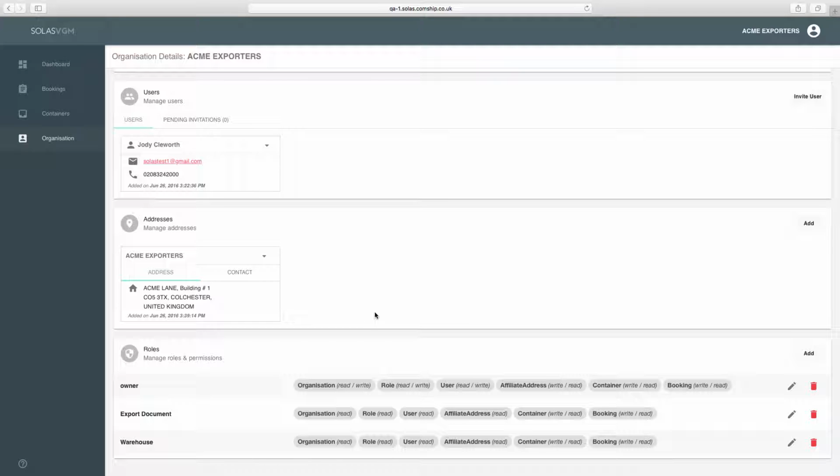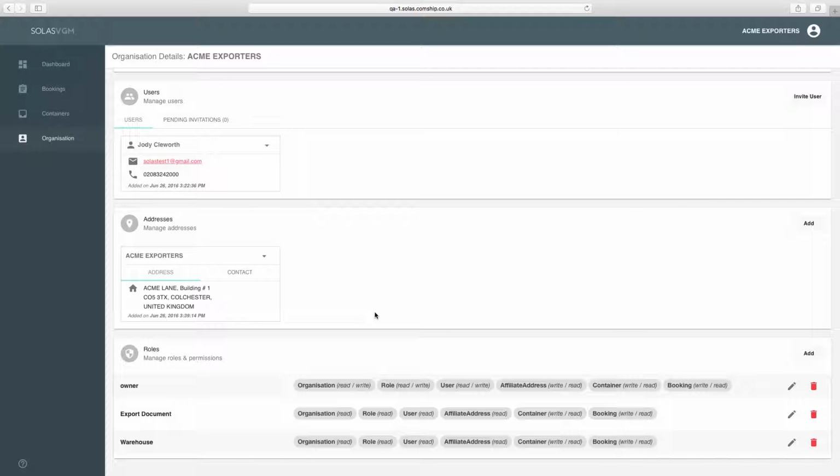The roles permissions group is where we will focus the majority of this tutorial on. Ultimately, it lets you create different groups within your company allowed to do and perform different tasks within the system. So as an owner, you have the ability to do anything. Invite more users, create new addresses, update and amend bookings, and basically take into consideration or use the entire